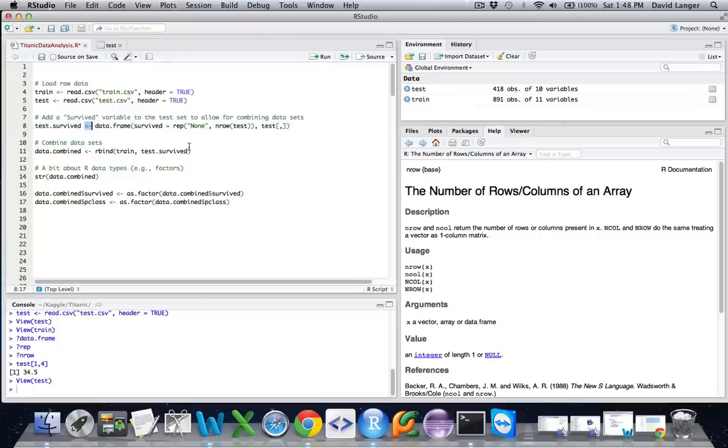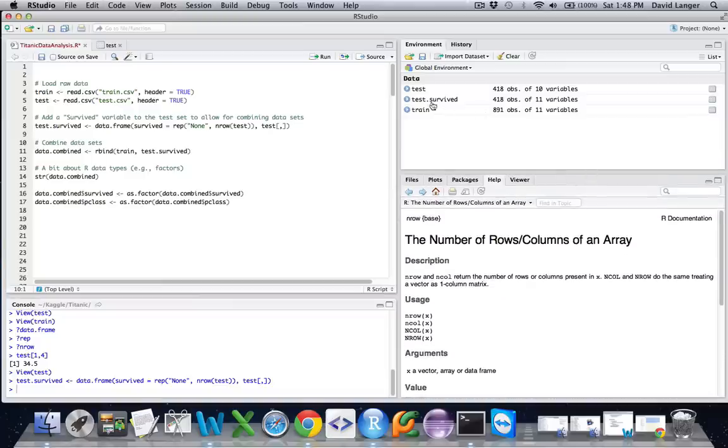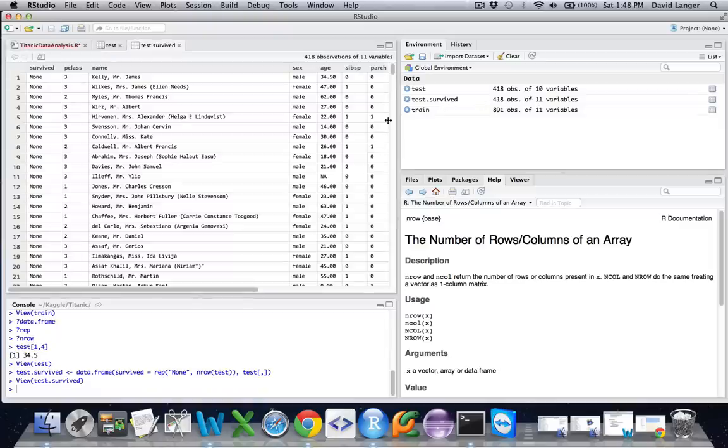For those of you who are programmers at heart, you may be wondering what this is. This is the equivalent of the equal sign. It's kind of an R oddity that says, hey, assign the results of this code statement to this thing here, and it's basically a new variable. So we'll go ahead and run this line of code. And sure enough, you can see, hey, we've now got a test.survived variable, it's new, of 418 observations of 11 variables. Let's go ahead and take a look at that.